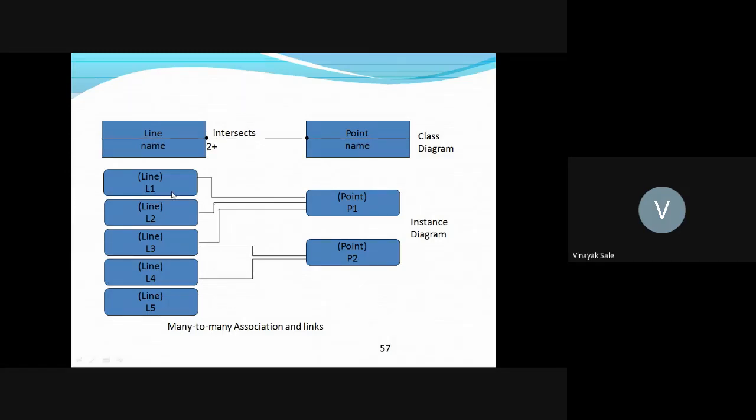Line L1 intersects P1, line L2 intersects P1, line L3 intersects P1. In case of point P2, line L3 intersects P2, line L4 intersects P2, and for line L5 there is no intersection, which may be possible.